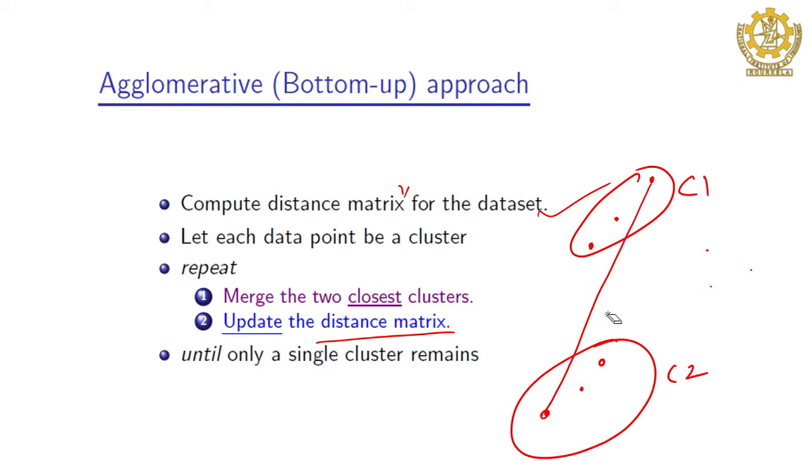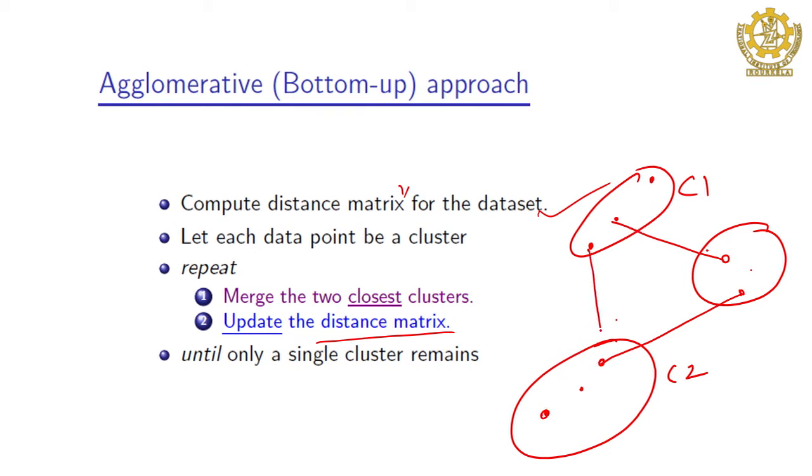Now, you have another cluster here. From here the minimum distance will be here, and let us say the minimum distance will be here. We are considering single linkage. Let us say this distance is 2, this distance is 1 and this distance is 3. Now, you have to merge 2 clusters. Which one will be merged? C1 and C3, because this distance is minimum. So, this is the single linkage algorithm, but irrespective of any clustering approach, always you choose